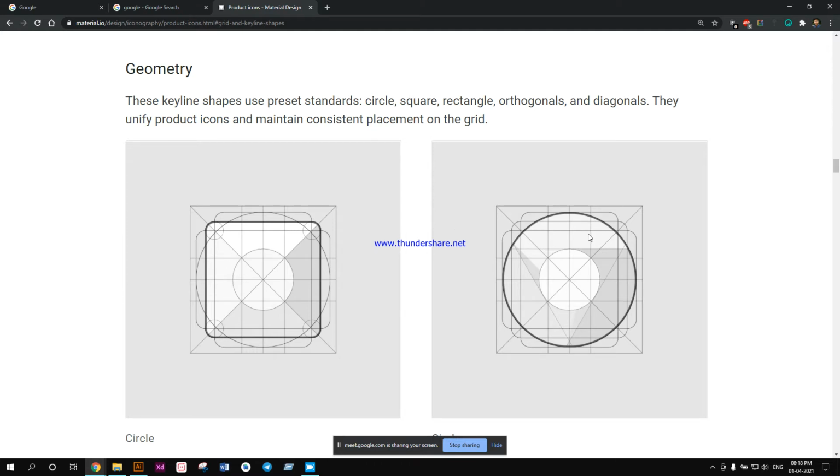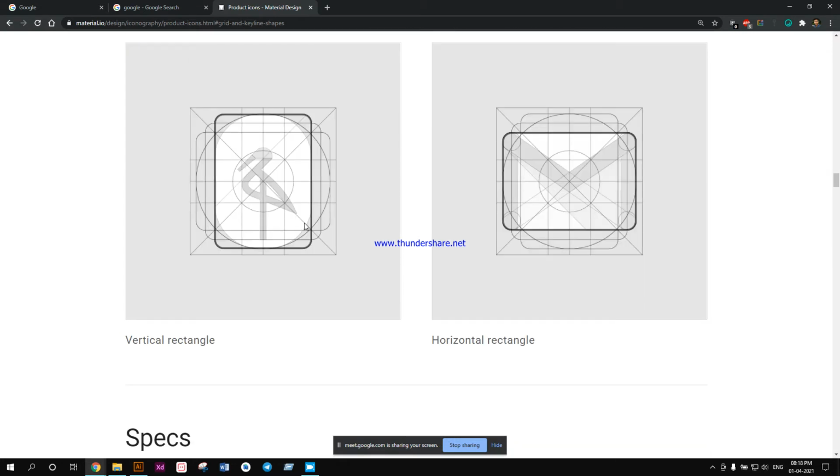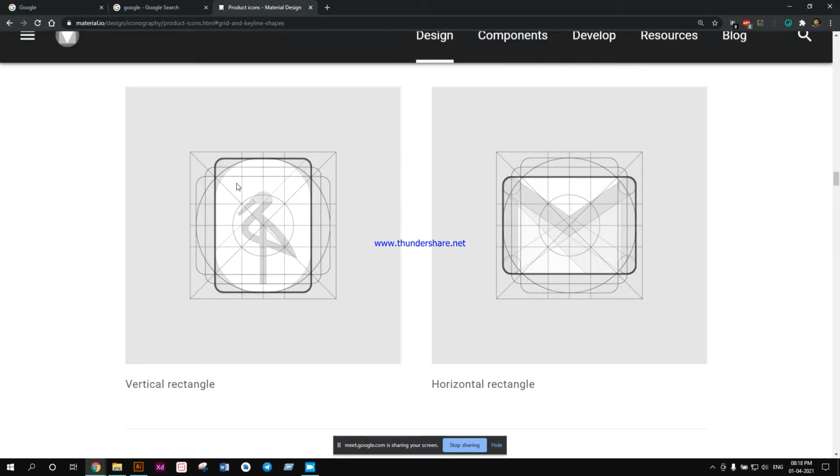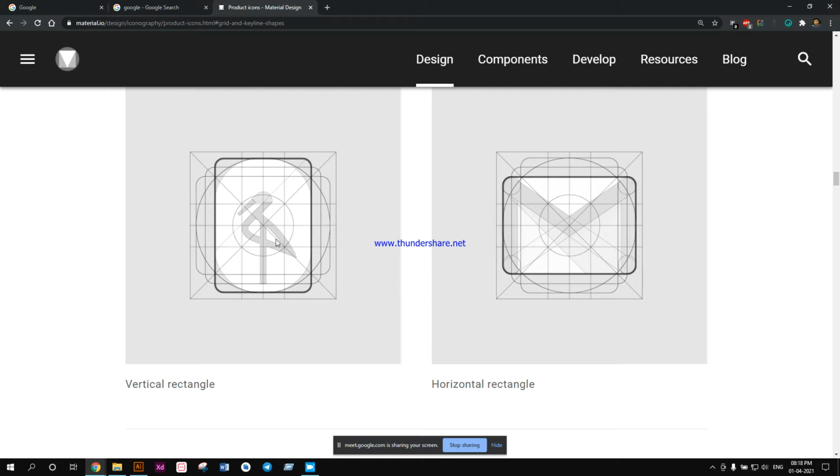If you are going to make a circular icon, you should make it within this circular boundary. Similarly, if you want to make a vertical rectangle icon, you should make it within this given boundary. Also similarly, if you want to make a horizontal rectangle icon, you should make it within this boundary.